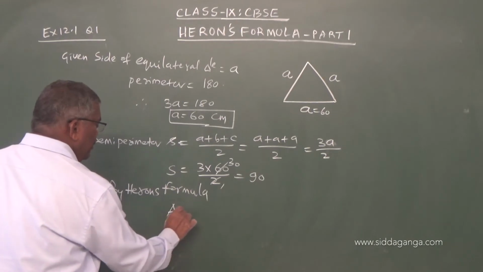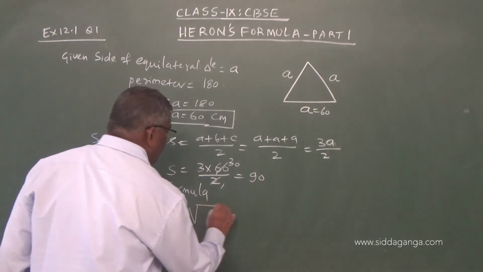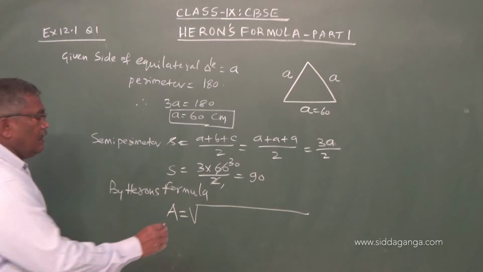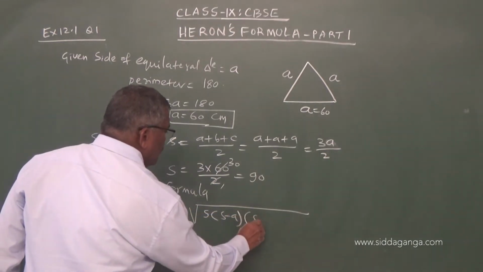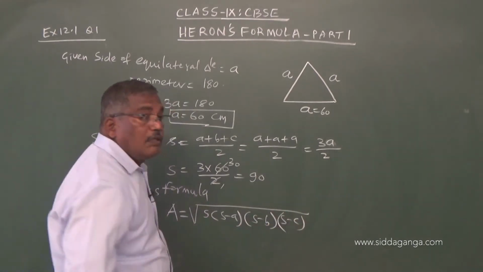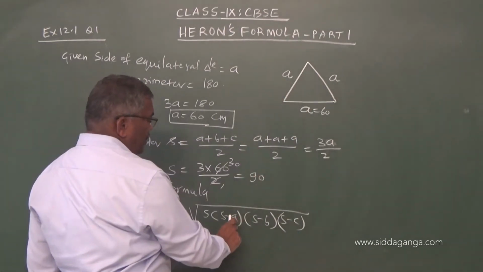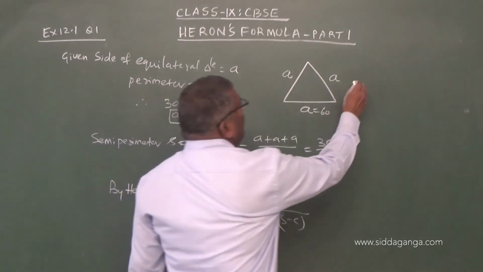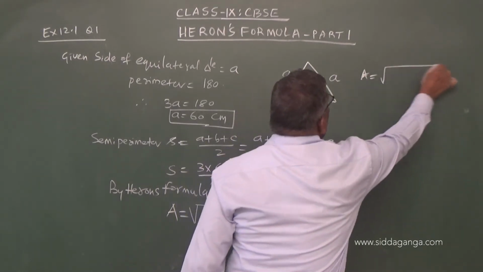area of triangle is equal to square root of S into S minus A into S minus B into S minus C. Observe here, A is equal to B is equal to C. A, B, C all are same here. So area equals square root of